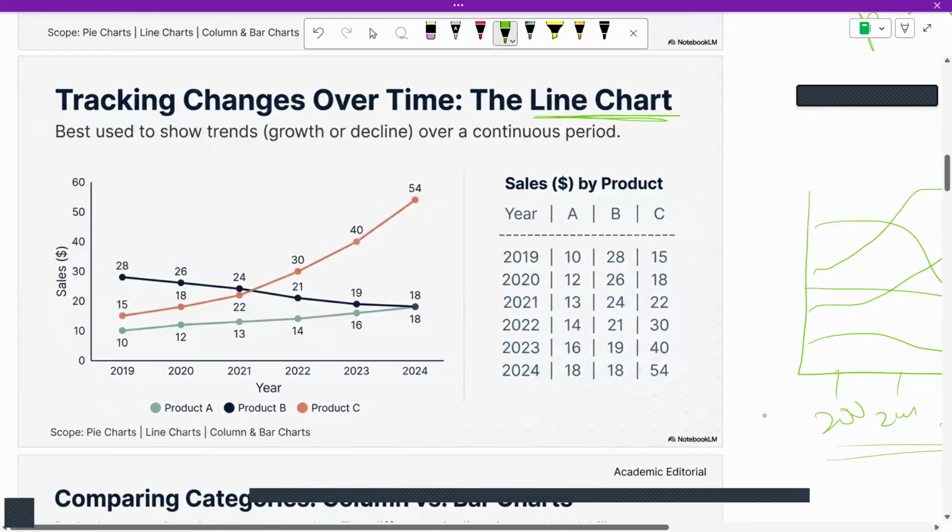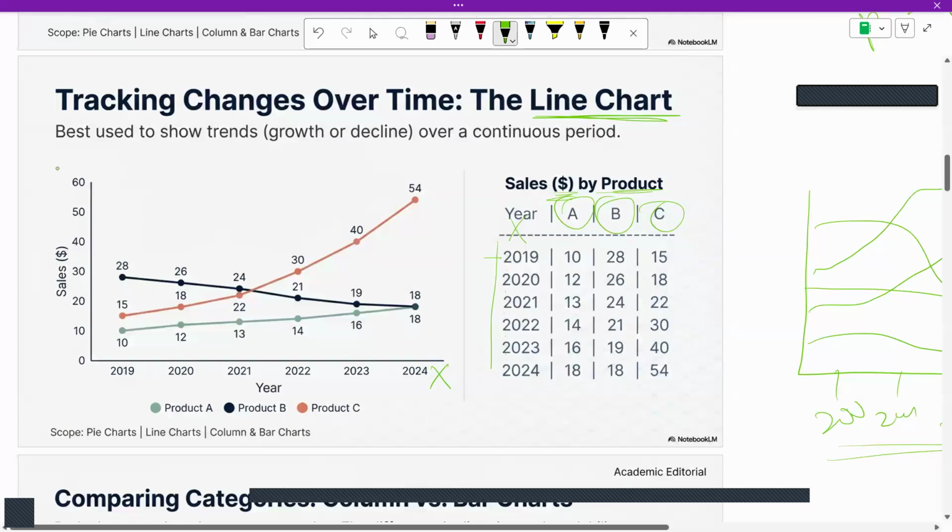Here we take the example of sales in terms of dollars by a product. There are three products, A, B, C, and the years are given as 1, 2, 3, 4, 5, 6, so 6 years are given. Normally in the line chart, we place the year on the x-axis and the values